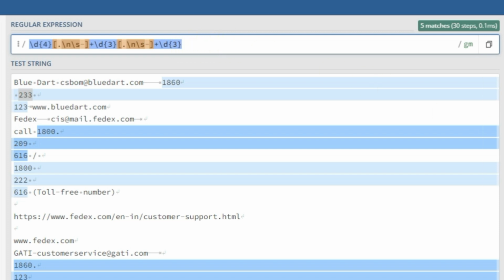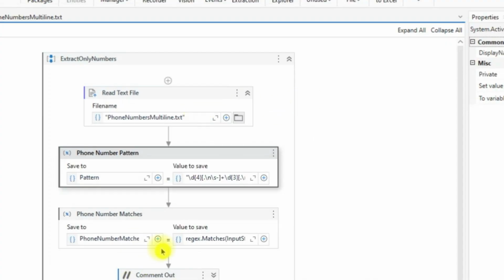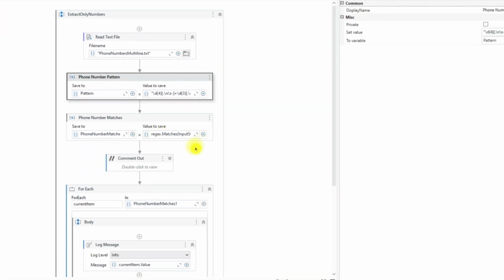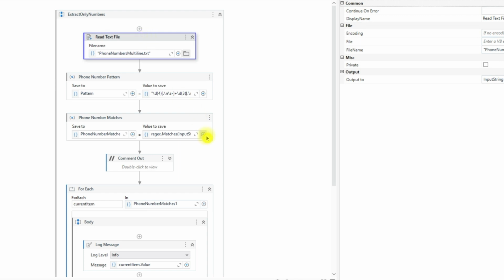So in this way it is retaining the match information, retaining all the phone numbers. Now it is a collection of matches, so you need to use the variable type of match collection to hold this result. Okay. Now, first step, I am reading